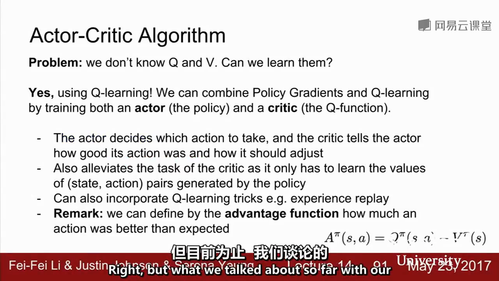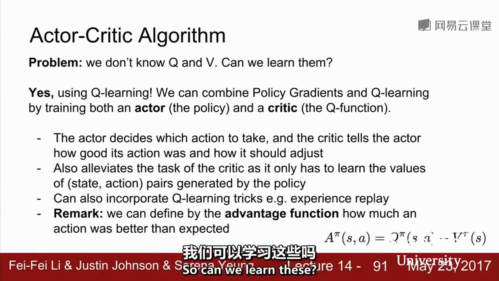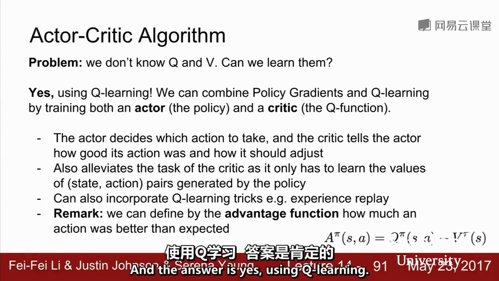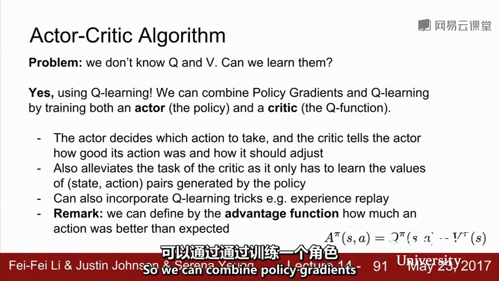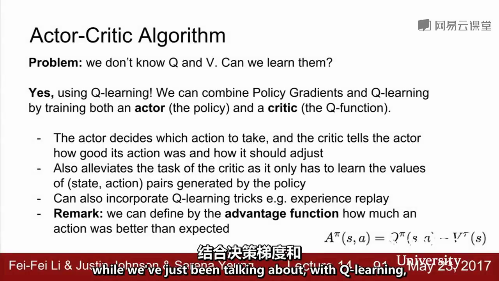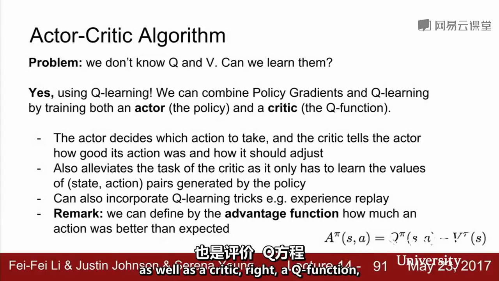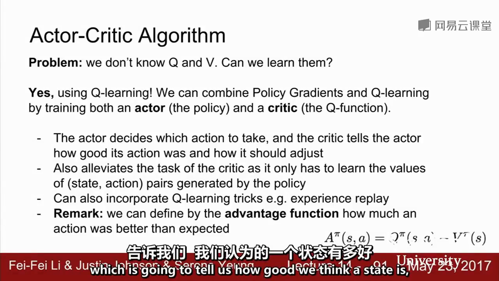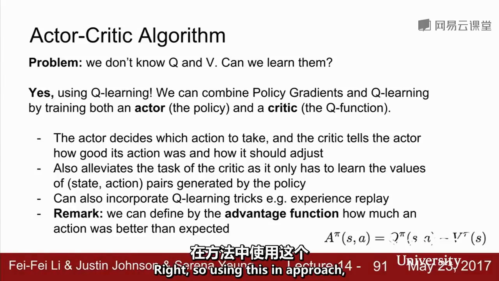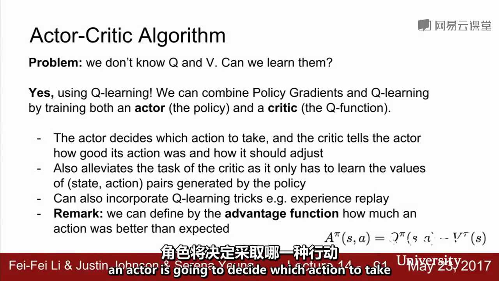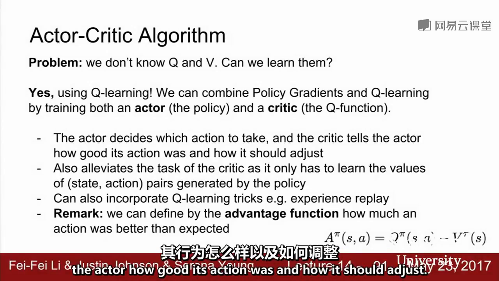But what we've talked about so far with our REINFORCE algorithm, we don't know what Q and V actually are. So can we learn these? The answer is yes, using Q-learning, what we've already talked about before. We can combine policy gradients, what we've just been talking about, with Q-learning, by training both an actor, which is the policy, as well as a critic, a Q function, which is going to tell us how good we think a state and an action in this state is. Using this approach, an actor is going to decide which action to take, and then the critic, our Q function, is going to tell the actor how good its action was